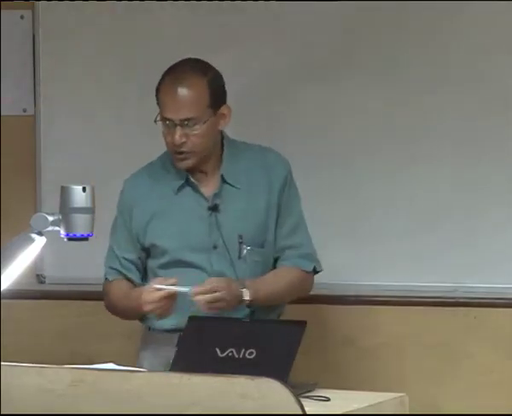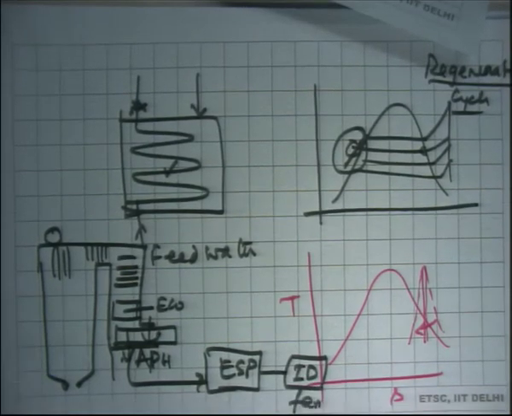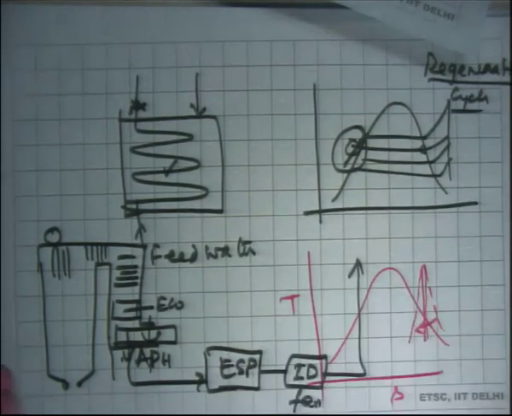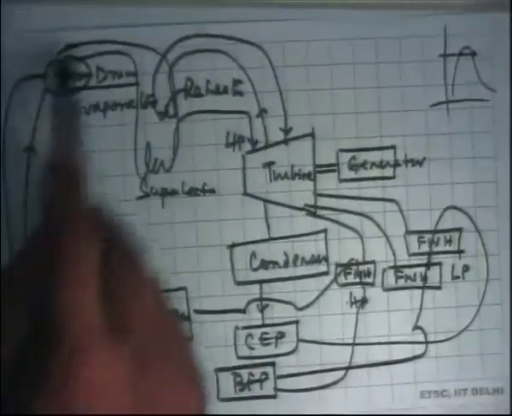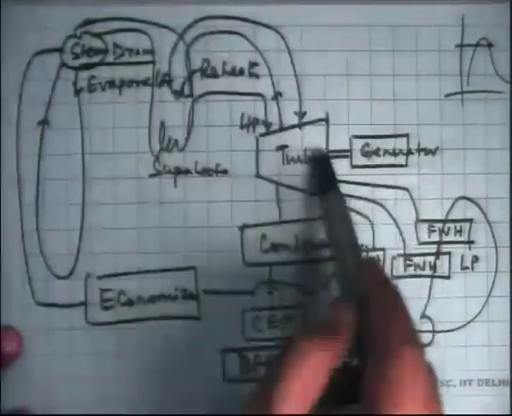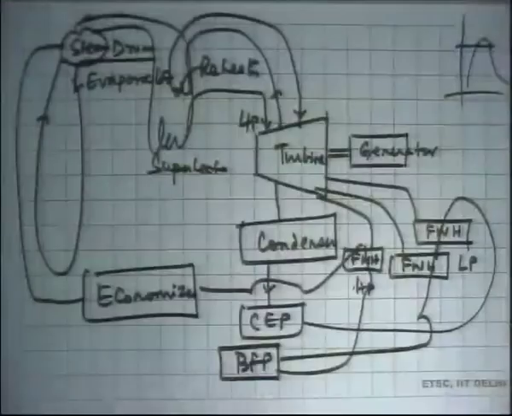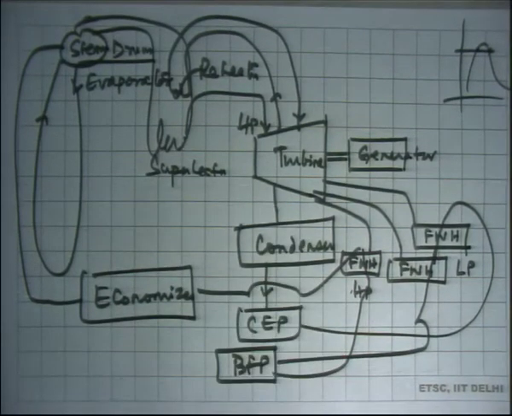the stack. Okay. So, after the ESP you have the ID fan or the induced draft fan, and this goes to the chimney. Okay. So, that is the path of the flue gas, and the water path is clear. We have shown all the way the water that goes through all of these feed water heaters, economizer, steam drum, evaporator, then superheaters, HP turbine, then back to reheaters, IP and LP turbine, and back to condenser and back to the same circuit, right. And the cooling water that is used in the condenser has a separate cycle, cooling towers, cooling water for condenser and back to the cooling tower. Okay. So, that is the third cycle that we had.